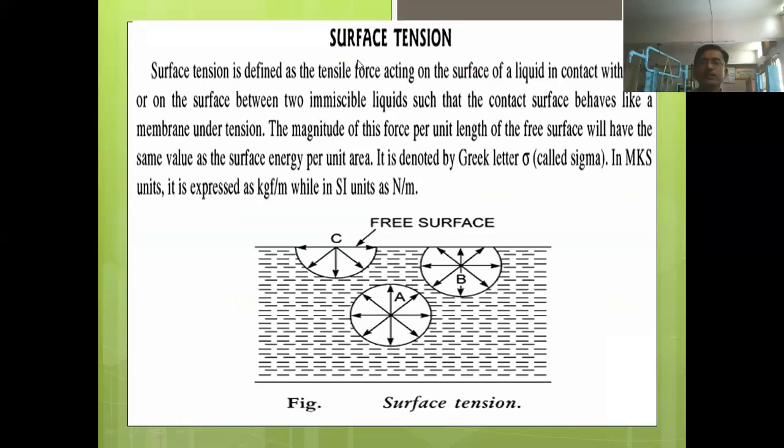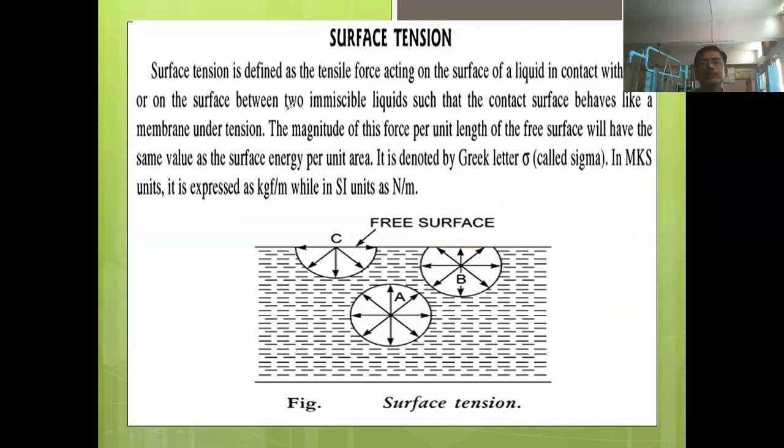Why does the surface tension phenomenon occur on the surface? See here, this property of surface tension is a surface phenomenon. It acts only on the surface. It does not act here. So this particular phenomenon is applicable only on the surface. And we can say this is the speciality of only liquid kind of fluid, because liquids have a surface. Gases don't have a surface. So we can say surface tension is a liquid property, which is applicable to different types of liquids.